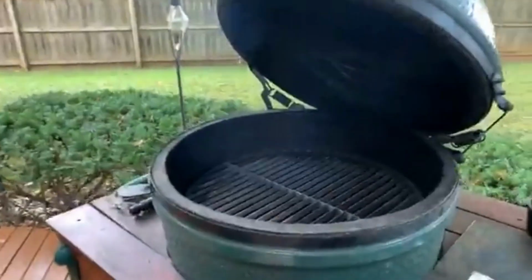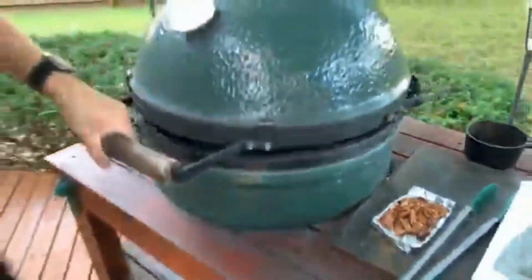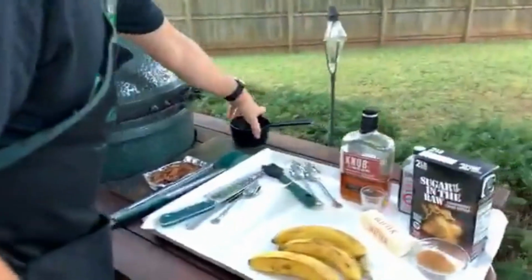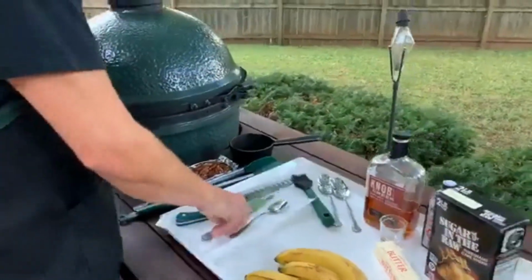So what we'll do to get started here is we're going to make the sauce. We're going to get the sauce going, which is the key, what I think definitely helps make this dish. So in the sauce,